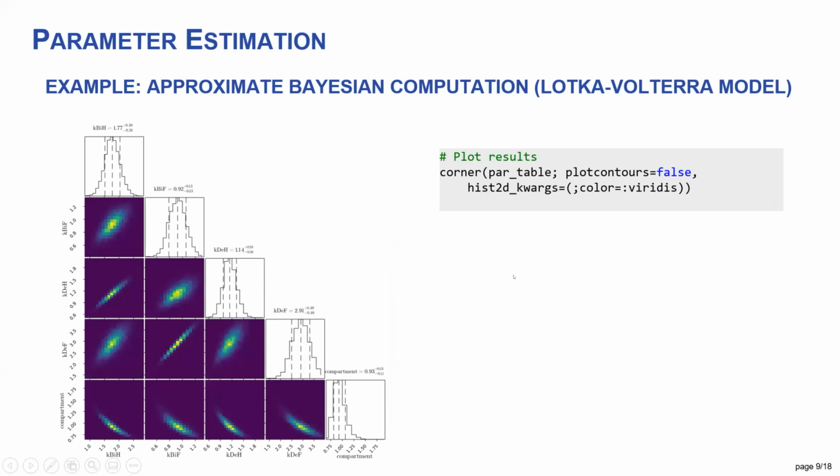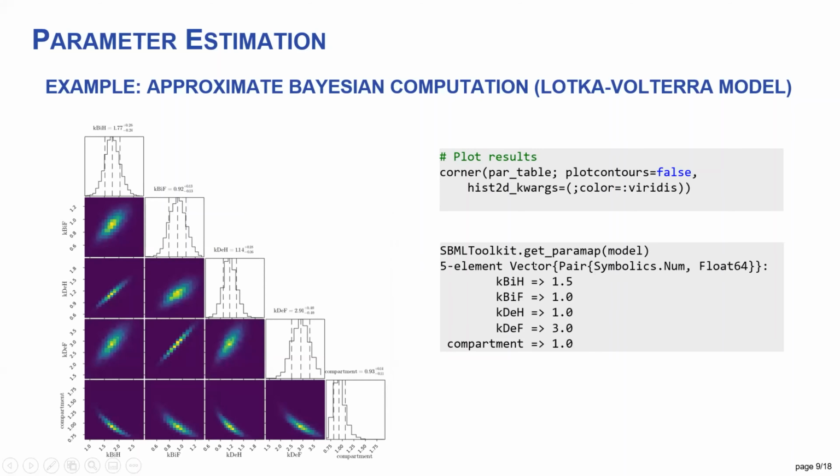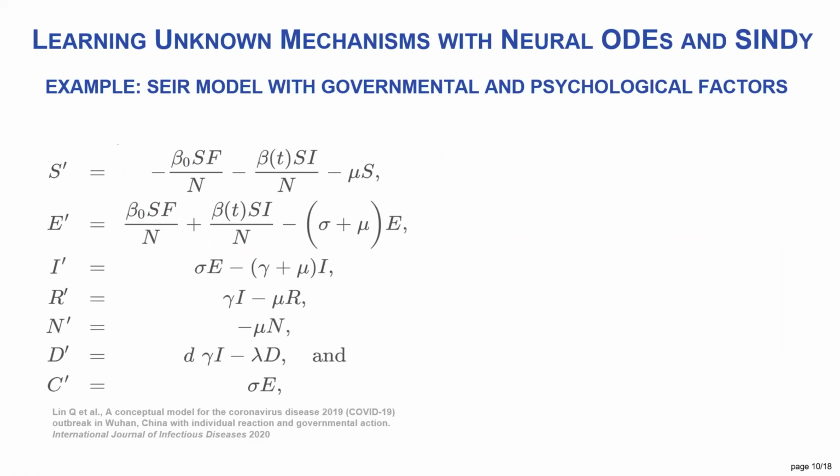Just as a brief sanity check, what are the ground truth parameters? This is shown here, and they roughly do correspond to what we get as an output here. Of note, these are of course the modes, and these are of course the means, but this is just a sanity check. This already brings me to the final use case, and I think this is the most interesting one,